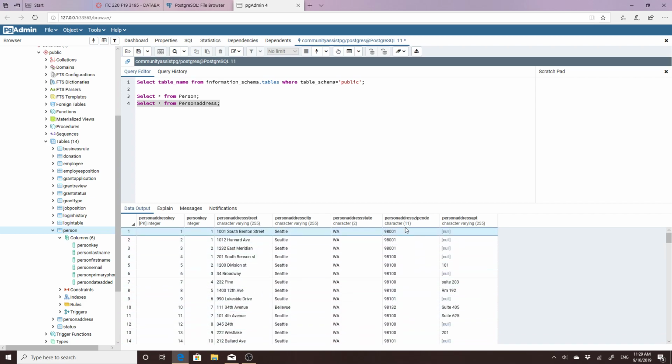So basically, the only relation to the person table is by this person key. That's how relational databases work. One key relates to the other. So the person 1 here has 3 different addresses,